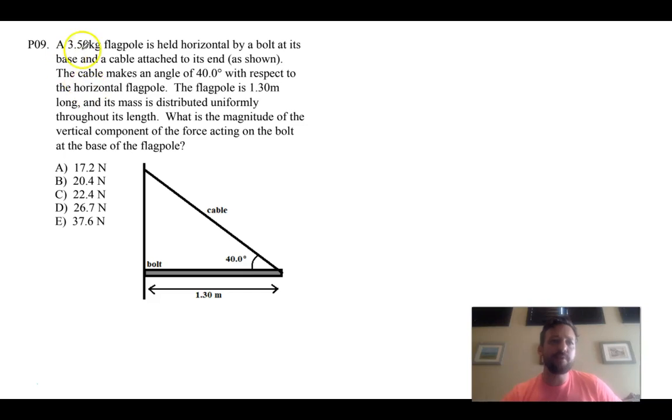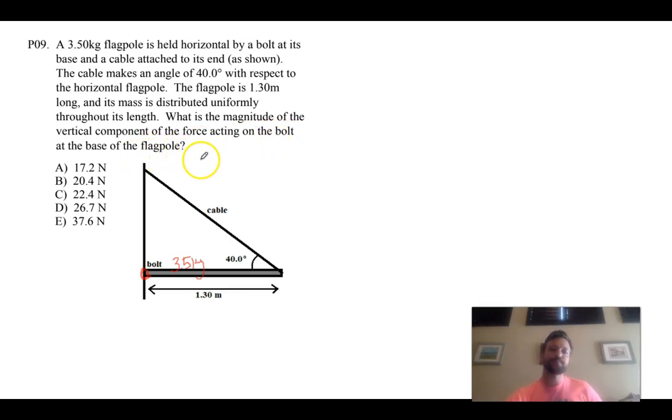So a 3.5 kilogram flagpole, so this is 3.5 kilograms, is held horizontally by a bolt that is at the base and a cable attached to the end as shown. Okay, so we have a bolt here at the base of the building and the flagpole. And the cable makes a 40-degree angle with respect to the horizontal. The flagpole is 1.3 meters long, which is shown, and its mass is distributed uniformly throughout its length. What is the magnitude of the vertical component of the force acting on the bolt at the base of